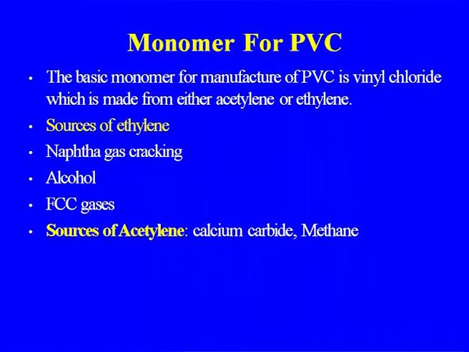There was an issue of the PVC tires which were supplied in an African country, and that was having some carcinogenic material, and so that was the issue there. So that is one of the environmental issues regarding the PVC use, but in the tires also the PVC that we are using. So the basic monomer for manufacture of polyvinyl chloride is vinyl chloride, which is made from either,